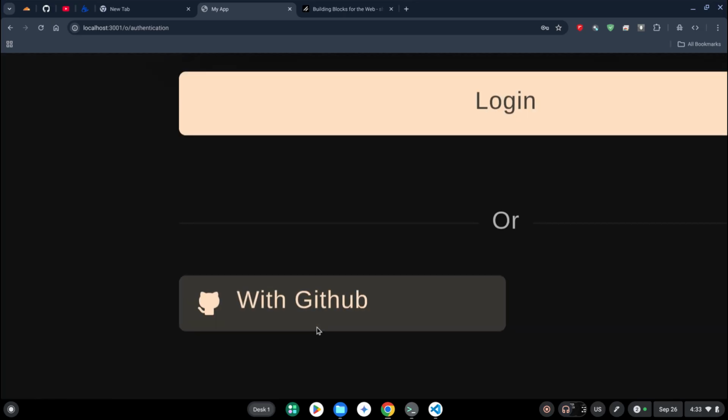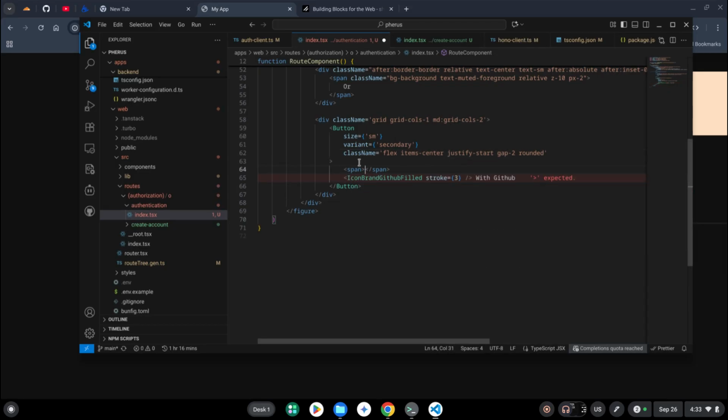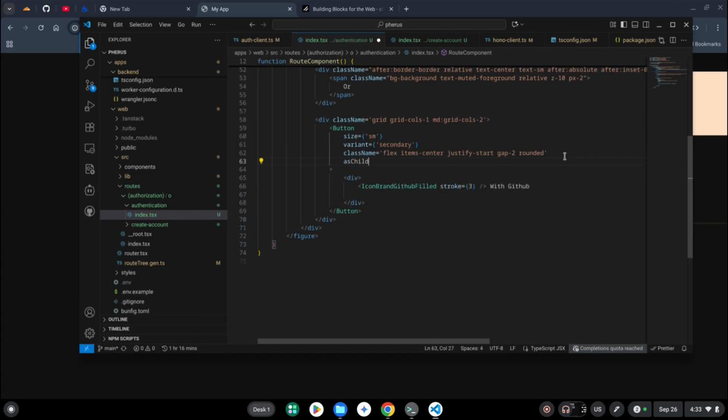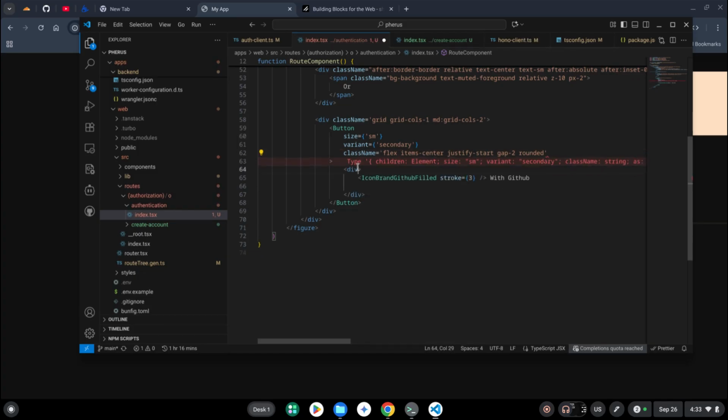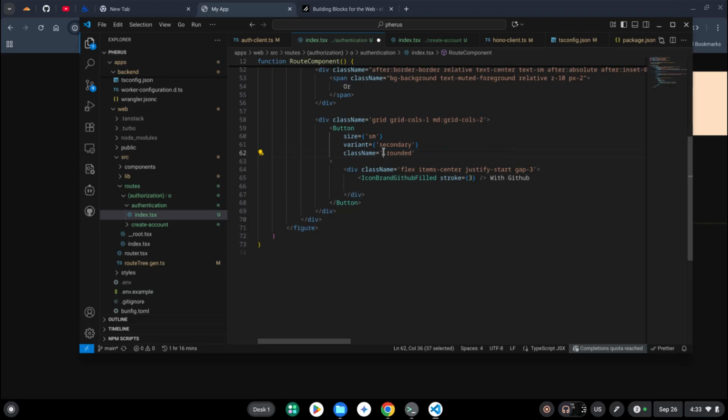It looks a bit off because the button seems to be higher than the icon itself. So what I'm going to do is place a span inside here. Actually rename it to div, a div inside, and okay, let's not put it as child because it's just basically a design. Item center, justify start here, and the gap is 3, rounded, so remove all this,